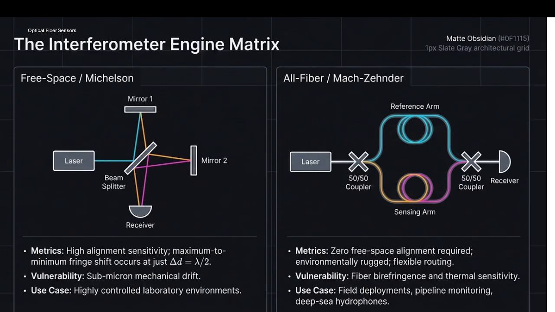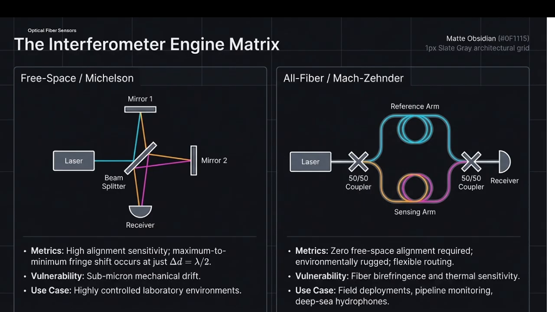Free space needs very precise alignment, otherwise it will not give the proper phase. It will have phase mismatching. Some micron mechanical drift will also ruin the setup, and that's why it is useful for a highly controlled laboratory environment. But the other one, all fiber, can be used in any environment,